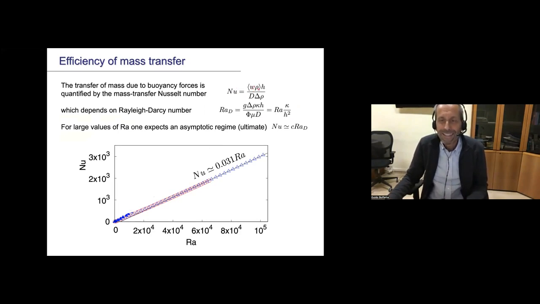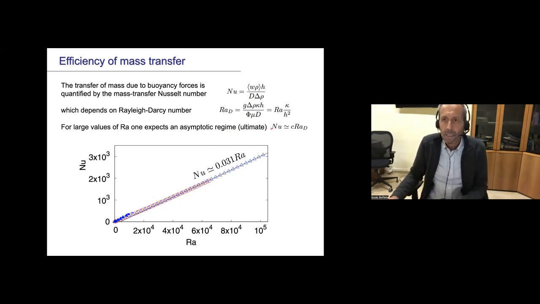It's defined as the correlation between the vertical velocity and the density, normalized with the diffusivity, as a function of the Darcy-Rayleigh number. The Darcy-Rayleigh number is essentially the usual Rayleigh number times the Darcy number, which is the permeability over the size squared. Okay, so in any case, we expect from a dimensional argument that an asymptotic regime, which is the ultimate regime